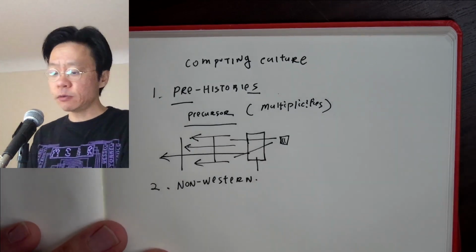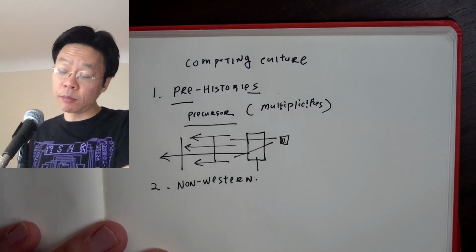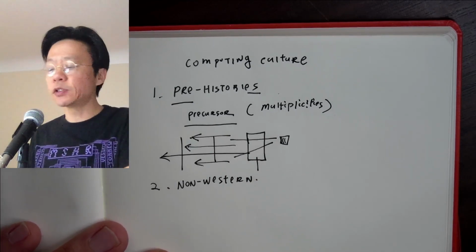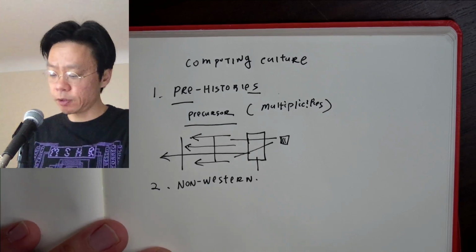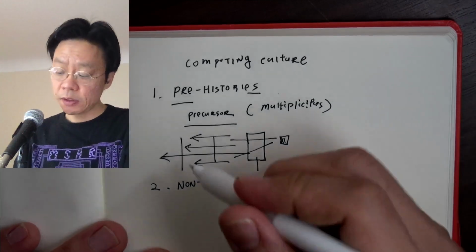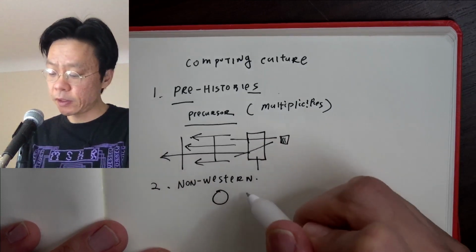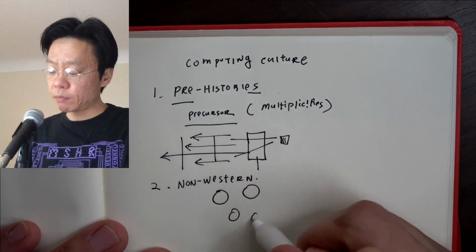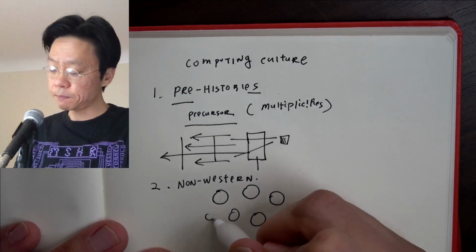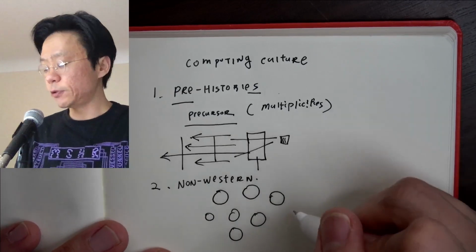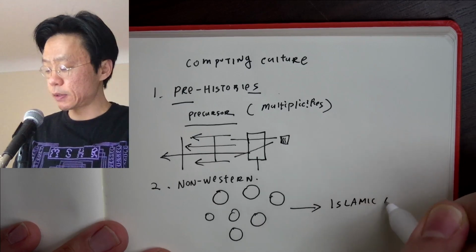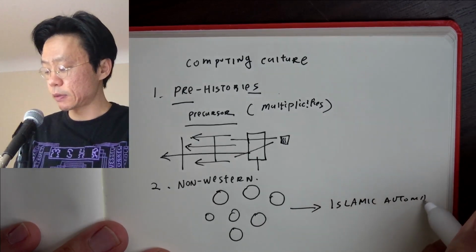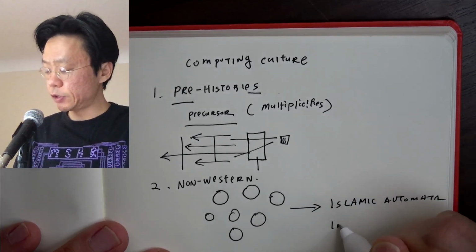It just has to do with the ways in which the modern world centers around a certain capitalist power and their ways of understanding the world through their ancestors. So definitely a lot of non-Western precursors of computing. A few things that I mentioned are like Islamic automata, indigenous weaving,